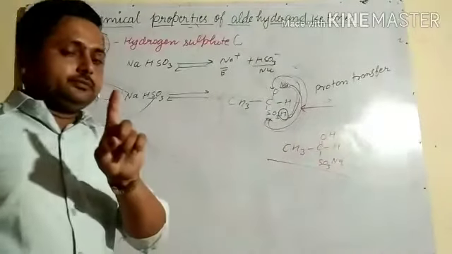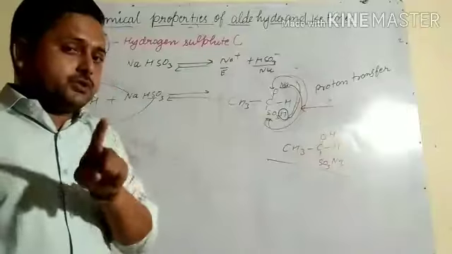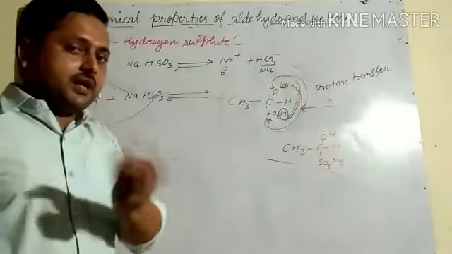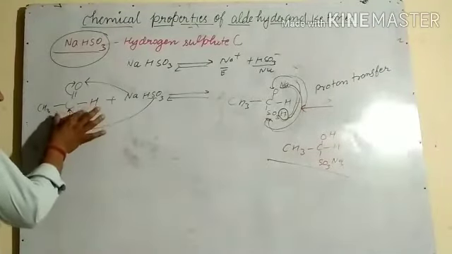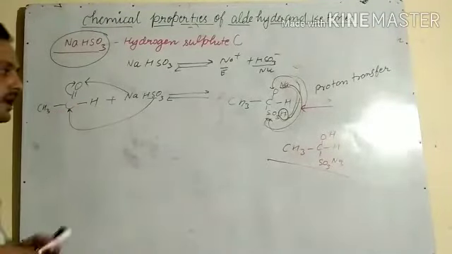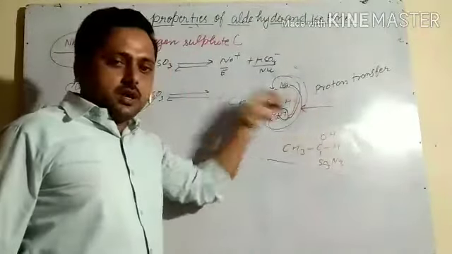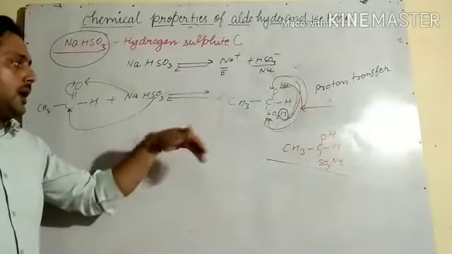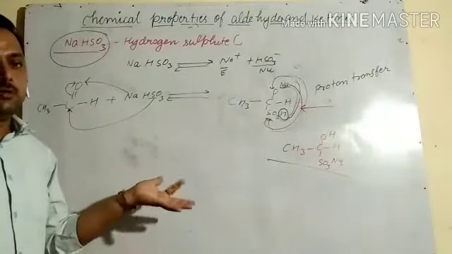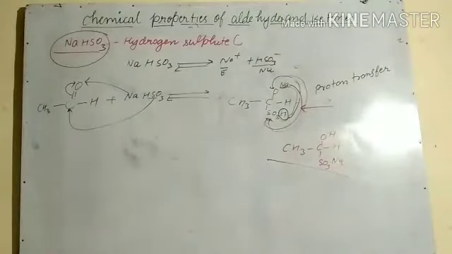So what is the use of this? This method is used to separate aldehyde from ketones, because in both the carbonyl group is there. If ketone is there and we have added mineral acid, that will reverse the reaction and we will get ketone again. But if aldehyde is there, after adding mineral acid, no such change takes place. So remember, because of this it is used to separate aldehyde from ketones.